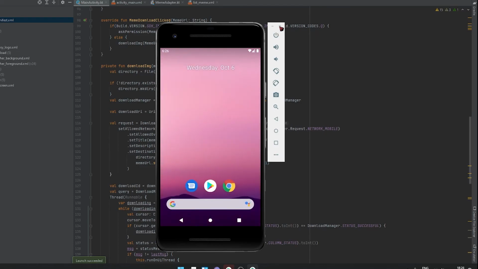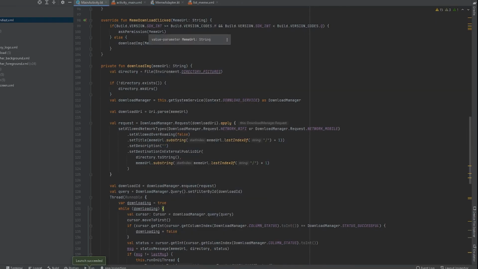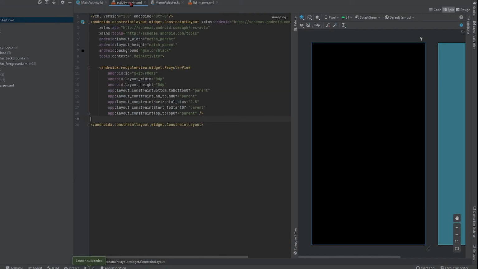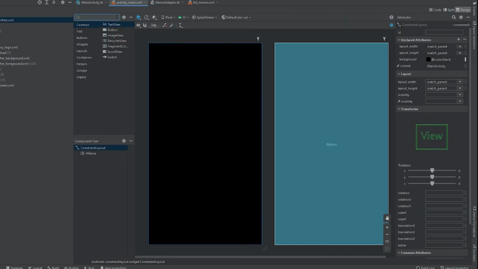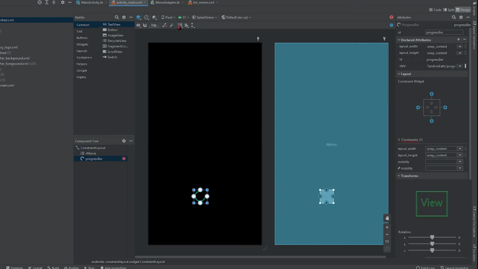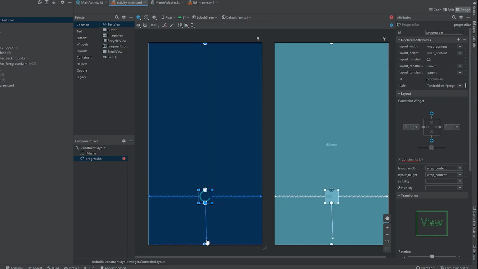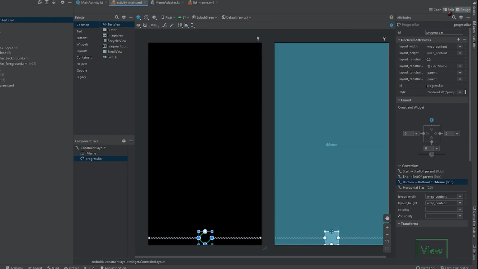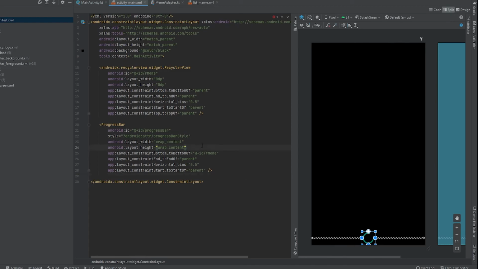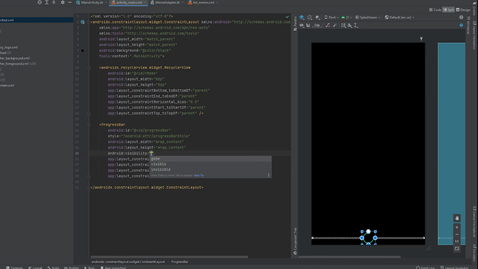Now let's just add the progress bar also and then wind it up. So I'll go to my activity main XML and then I will just add a progress bar here. Progress bar, and I'll just align it to the parent and drag it down here, and then I will just make the visibility gone.